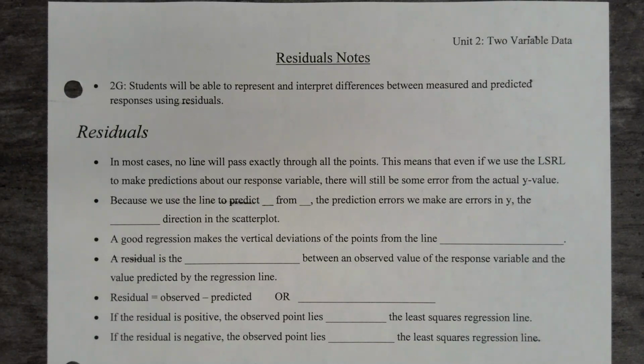was our least squares regression line, where we're trying to find the line of best fit through the data points. And we let our calculators calculate our slope and our y-intercept and all that stuff. Now, no line that we talk about with our least squares regression line has actually passed through every single point so far. That means that we have